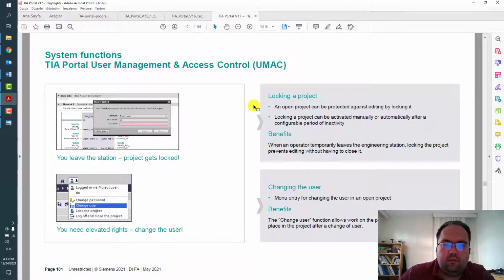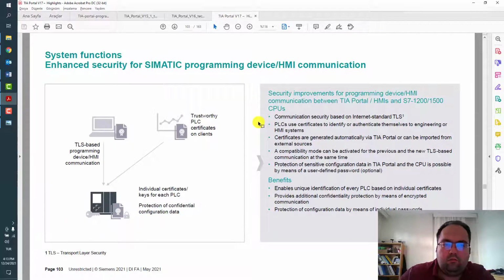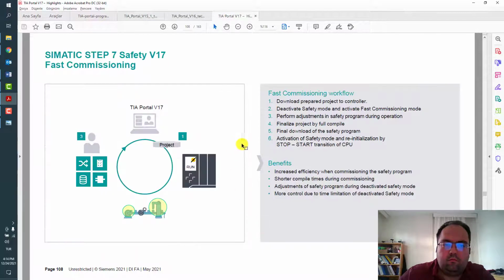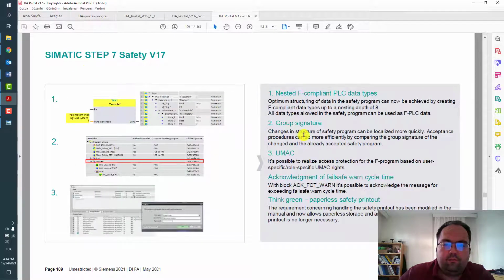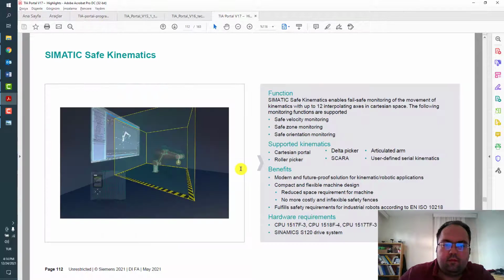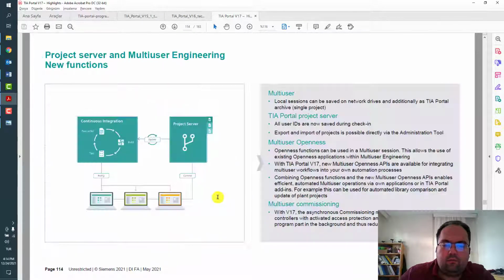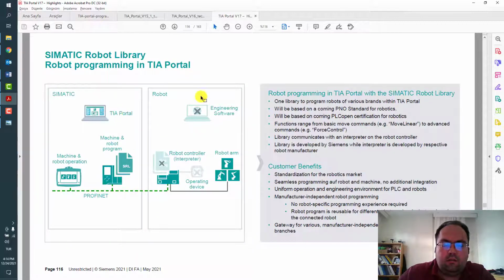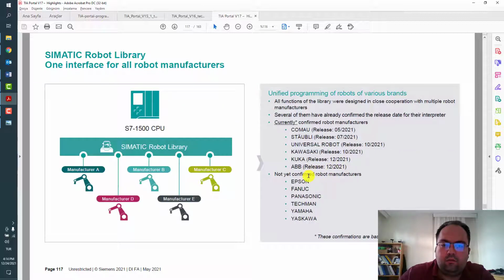Okay, user management, access control, and fast commissioning for safety, safe kinematics for motion control, runtime licensed. Another important option is robot programming in TIA Portal. It supports ABB and KUKA multi-axis robots and manipulators with controllers.